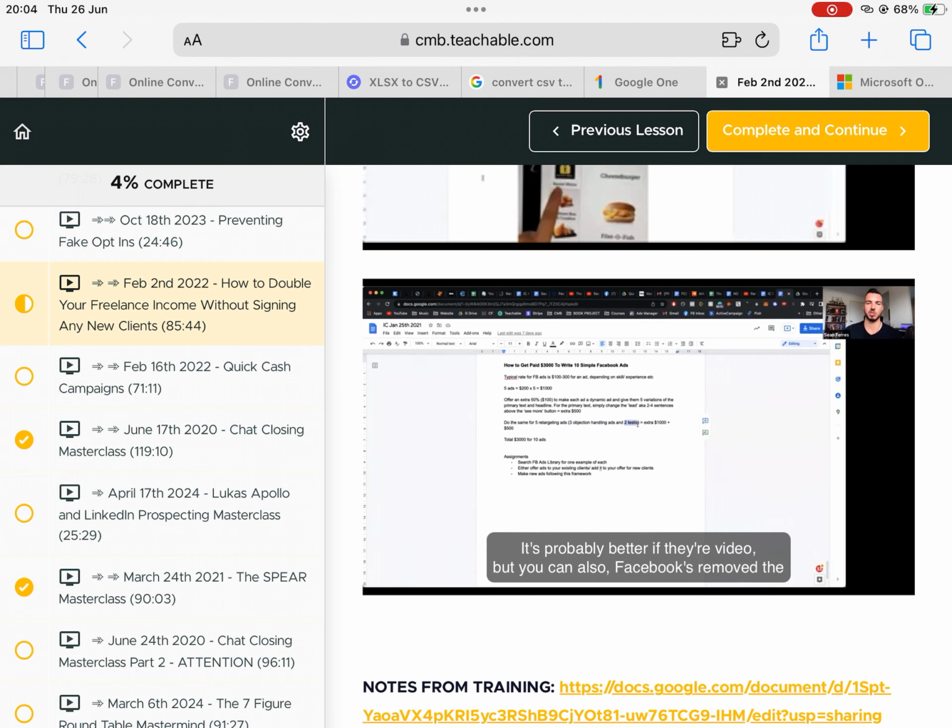Easy. And then 2 ads you have as just testimonials. So people who have been to your product and are raving about it. That's probably better for the video, but Facebook's removed the text rule now that they used to have, where your ad couldn't be more than like 20% text or whatever the number was. So now you can run screenshots of testimonials as ads, no problems. So we do an extra 5 retargeting ads. That's an extra 5 times $20.